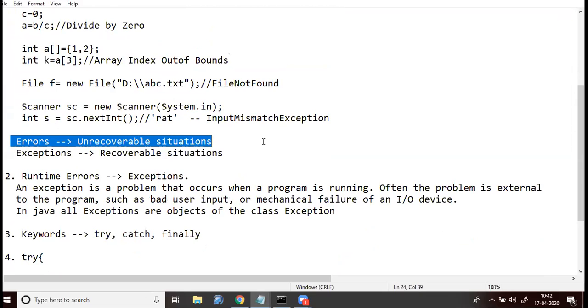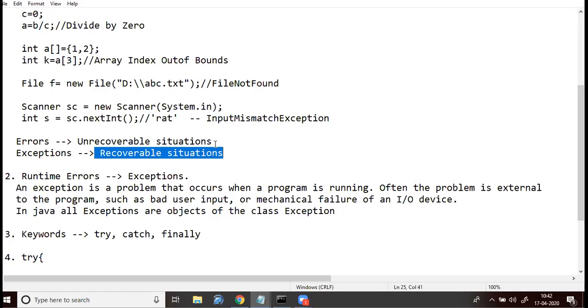But if an exception occurs, it is still recoverable, and the program can continue its execution. So this whole topic is about how to recover from an exception. When a runtime error occurs, how should we handle it, and in spite of that error, how can the program still continue further?